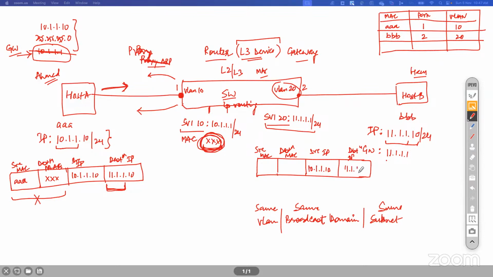Because if it changes, then how will host B come to know to whom it should reply? There will be a problem. Just keep in mind, your source IP and destination IP will never change. They will go intact as they are. Your IP header will never change actually. Only the TTL or certain QoS fields may change, but your source IP and destination IP are never